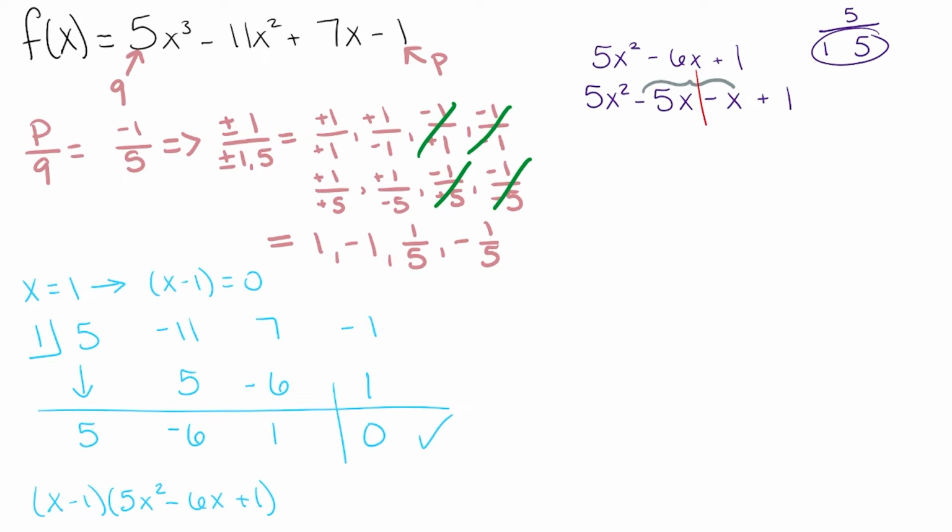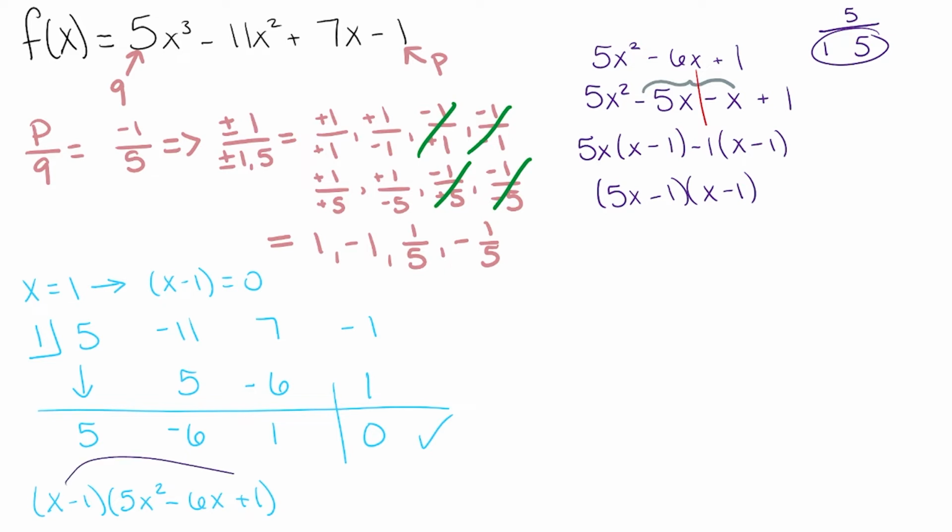Break this in half. Factoring the first half of our function lets us pull out a 5x, and we're left with x minus 1 on the inside. Factoring our second half of our function lets us factor out a negative 1, and we're left with x minus 1. So now our fully factored form of this quadratic here is 5x minus 1 times x minus 1,